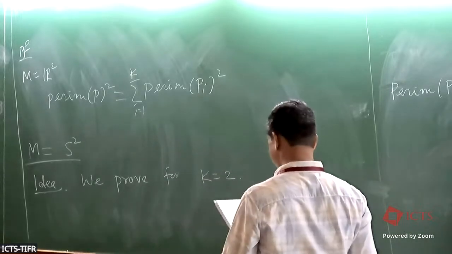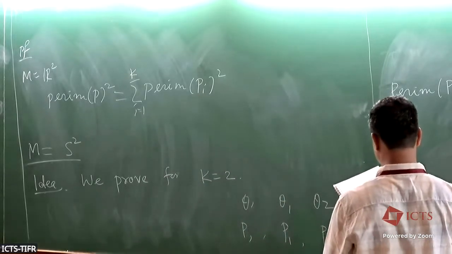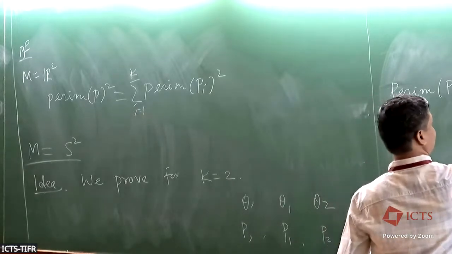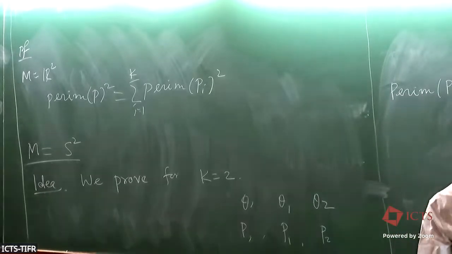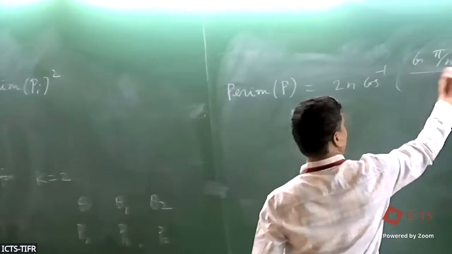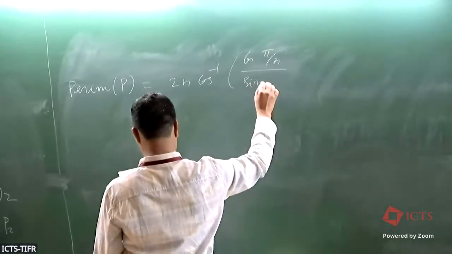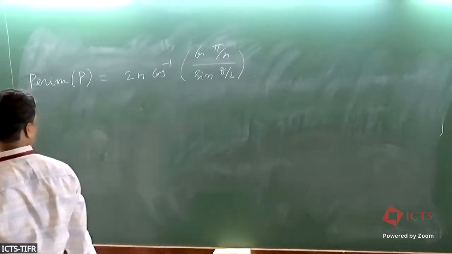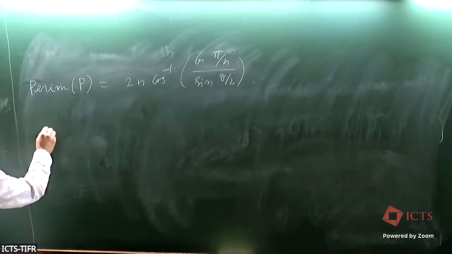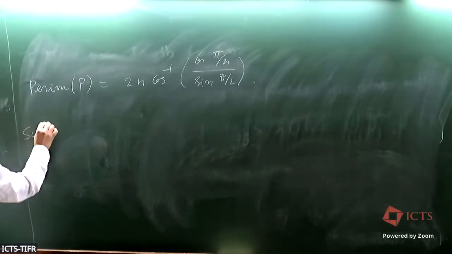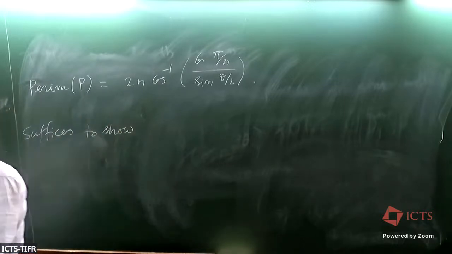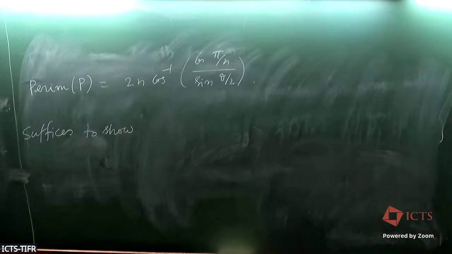Then the perimeter of P is equal to 2n cos inverse of cos pi over n over sine theta over 2, and therefore it suffices to prove the following. So what we show is that the perimeter of P is less than or equal to the perimeter of P1 plus the perimeter